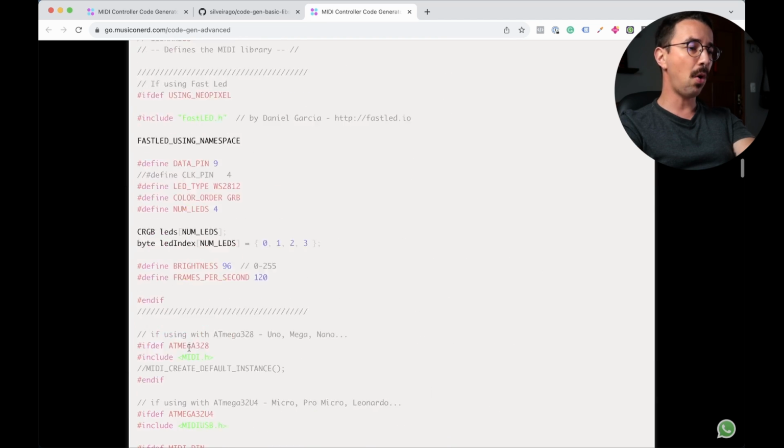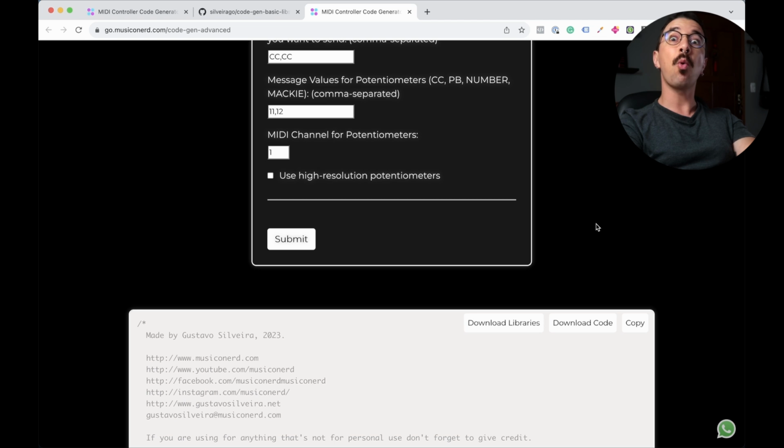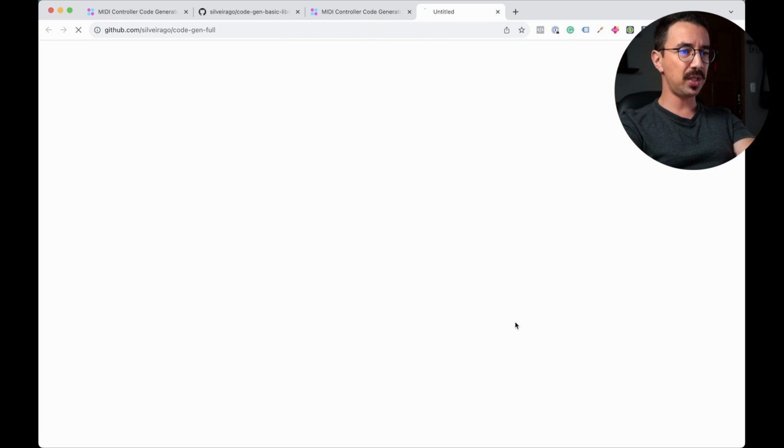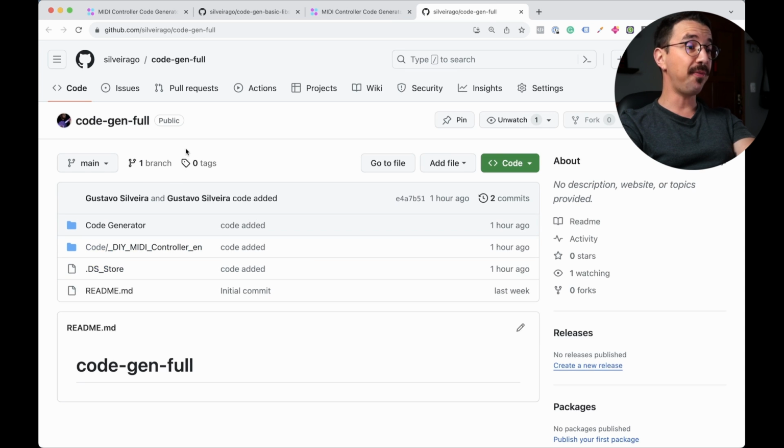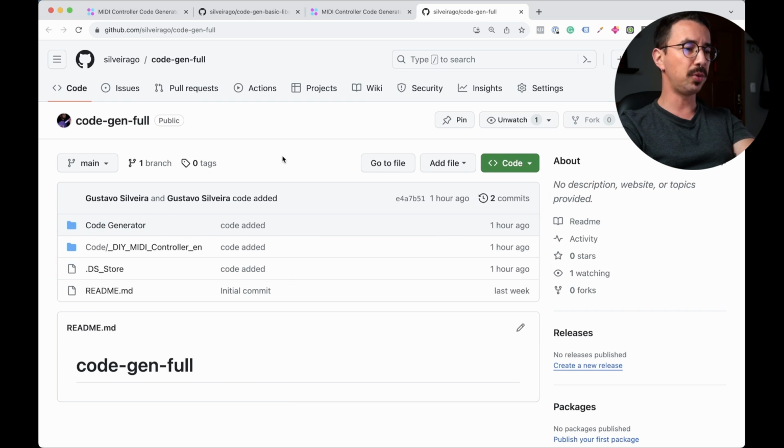You have the whole code now. However, this code requires more things. First thing, we need to come here to download libraries. I'm probably going to change it to download files. So press here and you have a folder, a GitHub folder, where you can find a lot of things. You can download here and go to the folder.